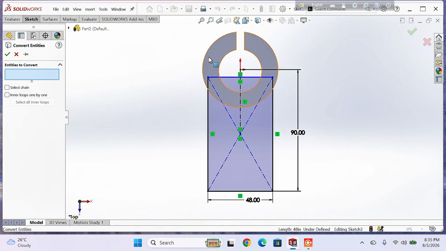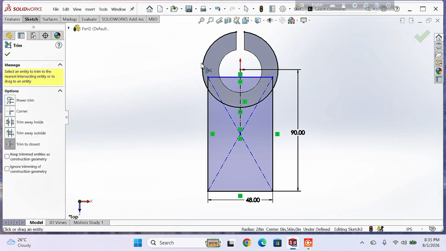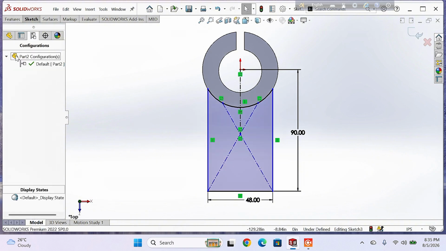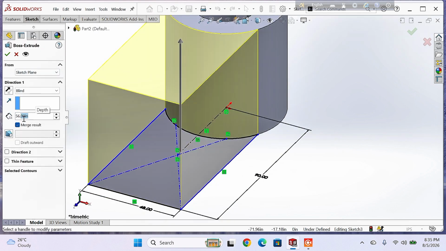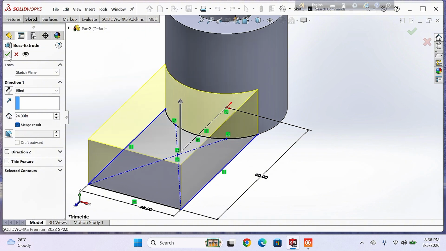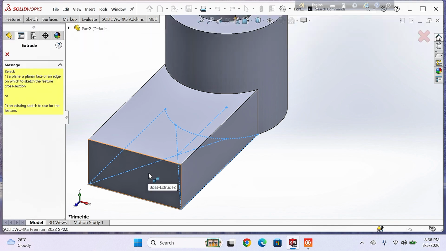Then select convert entities, select this line, select OK, then select trim entities, trim unwanted line, OK. Now select extrude boss, give dimension 24, select OK. Now go feature, select extrude cut, select this portion,